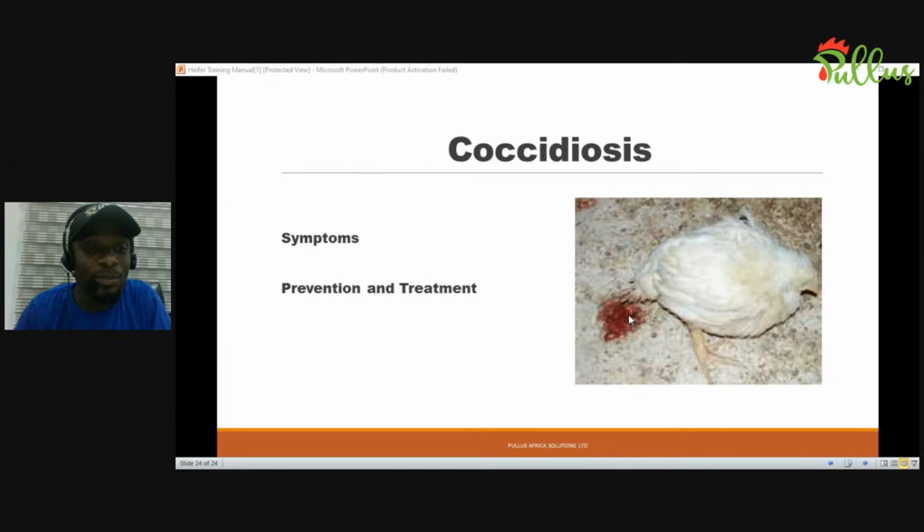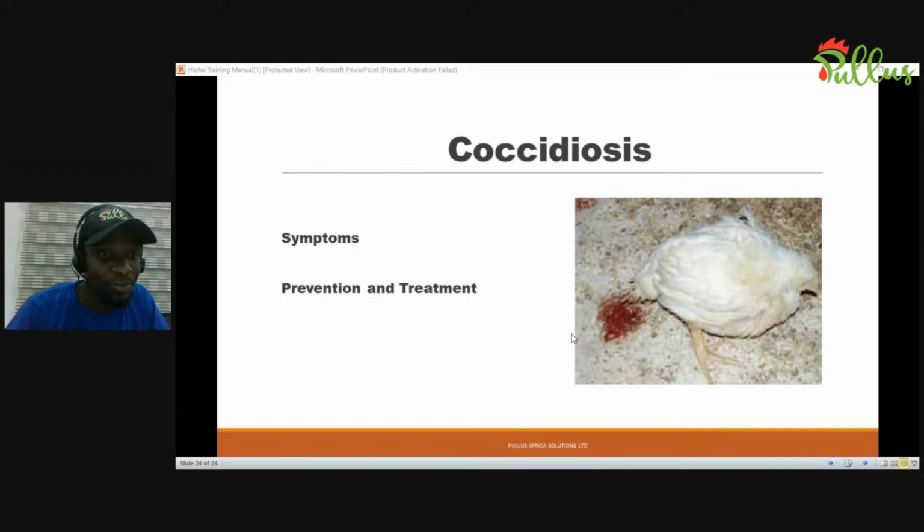And the reason is because that wet litter makes it easy for the causative organism, which means the parasite that causes this, which we call coccidia, to survive in a warm, wet environment, which means the litter. If it is wet and it is warm, it makes it easy for them to thrive. It makes it easy for them to grow. And before you know, they can move from one stage of their reproduction cycle to another until they get to the infective stage, which we call the oocyst. And then once these birds pick it from the floor and they swallow it, they become infected with this problem.